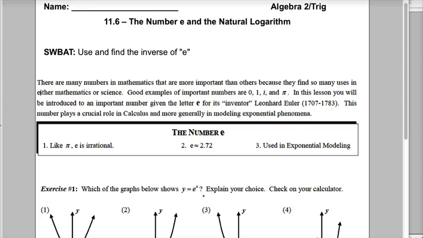Hey guys, we're on 11.6, our second to last lesson for Unit 11. It's the number e and the natural logarithm. So our objective today is that students will be able to use and find the inverse of this special letter